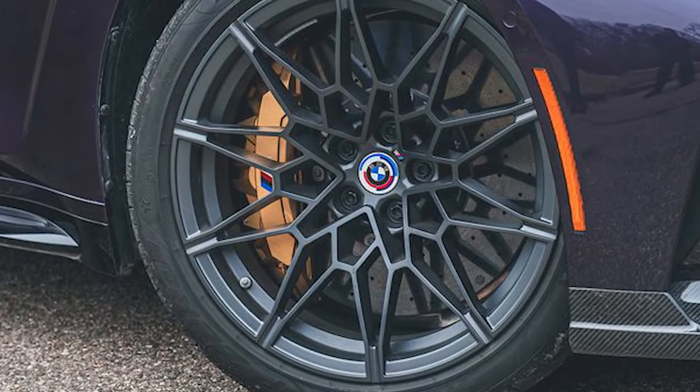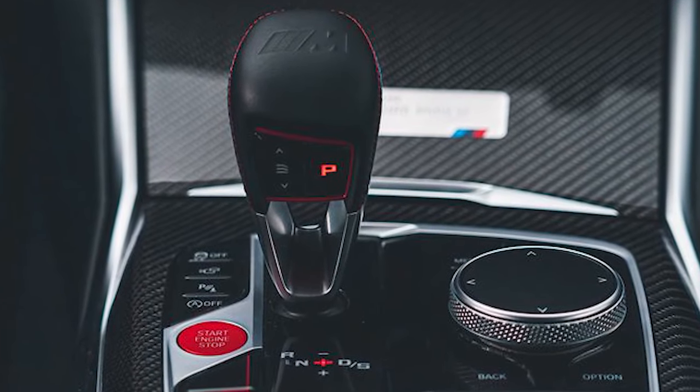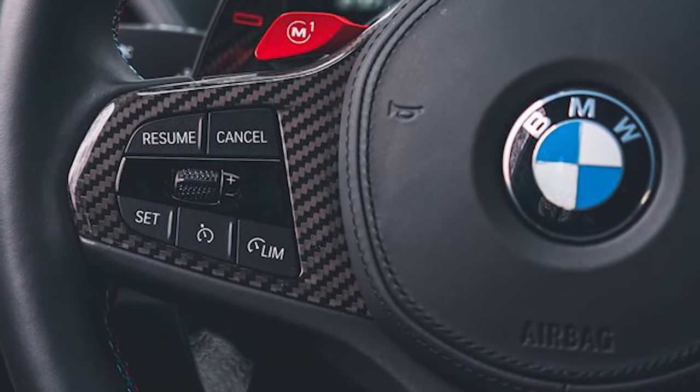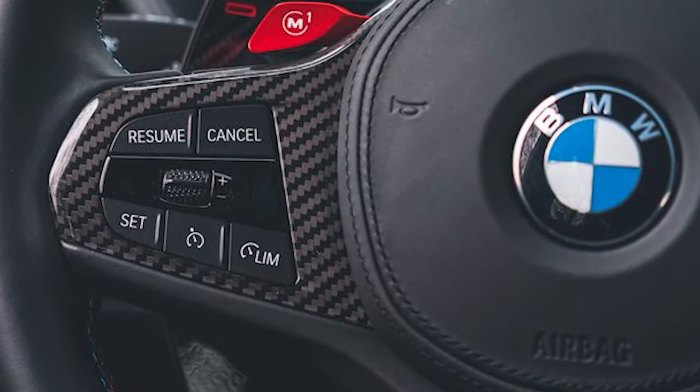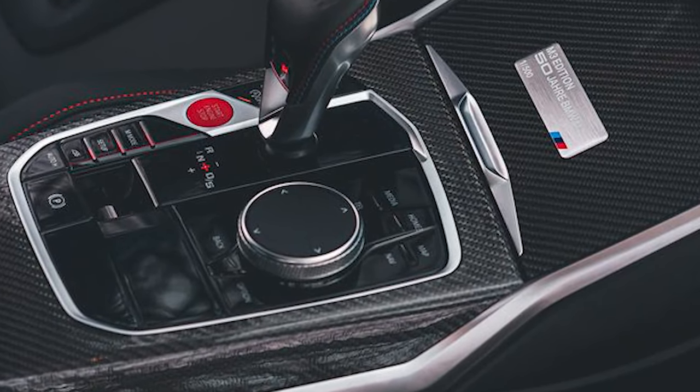More on the BMW M3: starting at $83,595, the M3 Competition xDrive delivers astounding performance for the money. The Edition 50 Jahre comes standard with a carbon fiber splitter and decklid spoiler, titanium tailpipes trimmed with carbon fiber,